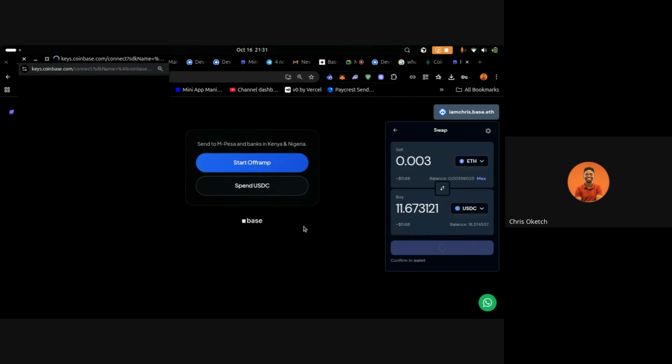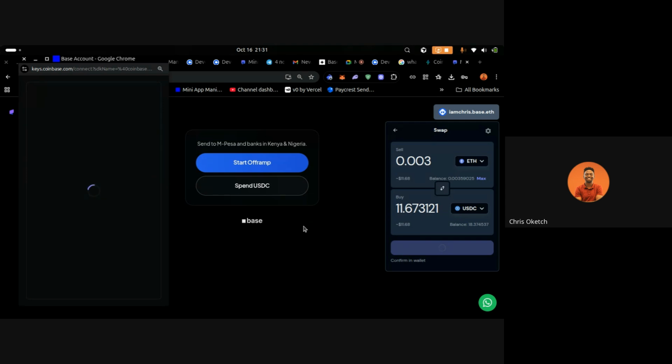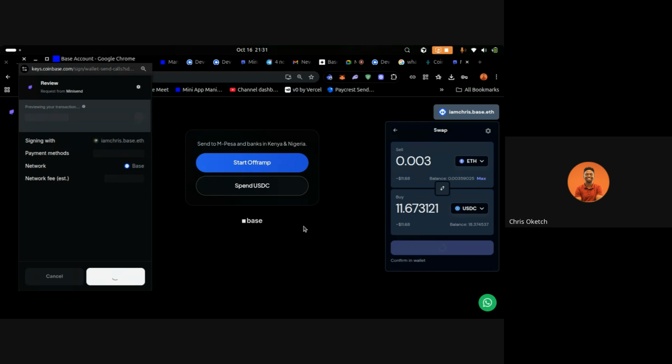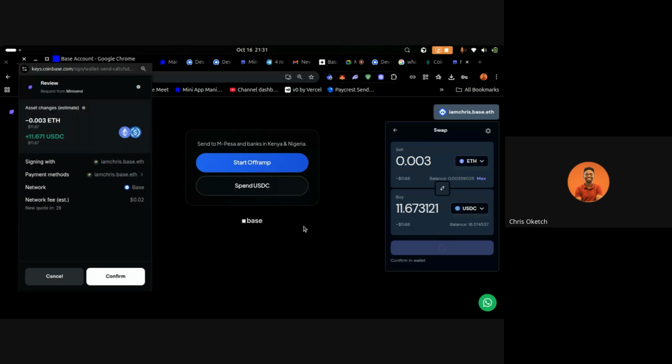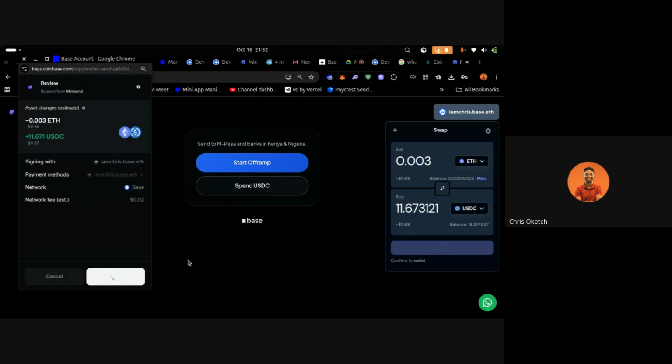So OnchainKit triggers that event. There's an event that's now created, and then that event triggers Base Account for the user to confirm that transaction from their wallet. Once the user confirms that, the transaction proceeds on chain, and then the swap event succeeds. So I'll just go ahead and say confirm, then use my passkey for the authentication. And then after that's done,